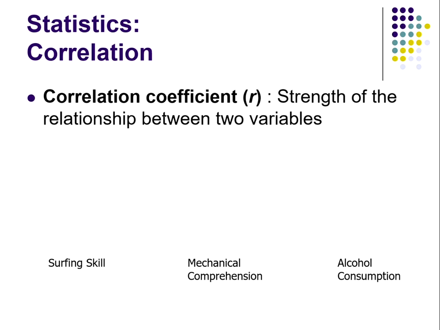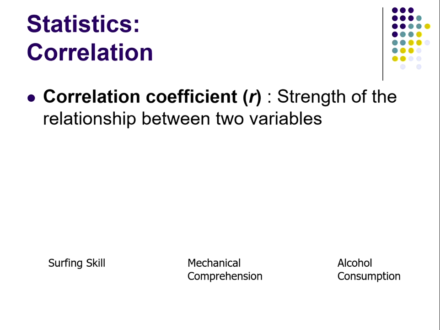So once we see how the sample performed, we would like to be able to say that had I been able to measure more people or all the people, this is what I would have gotten with them also. So I can draw inferences about them. So let's start off with probably the most common statistical analysis that we do in psychology, and that is